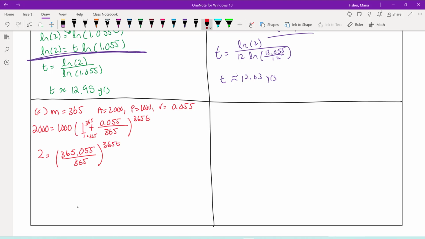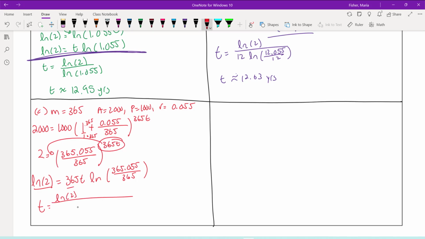Taking the natural log of both sides and using that power to product rule, we'd have the natural log of 2, that goes and multiplies the front, is equal to 365t times the natural log of 365.055 divided by 365. Solving for t, t is going to equal the natural log of 2 divided by 365 times that natural log of